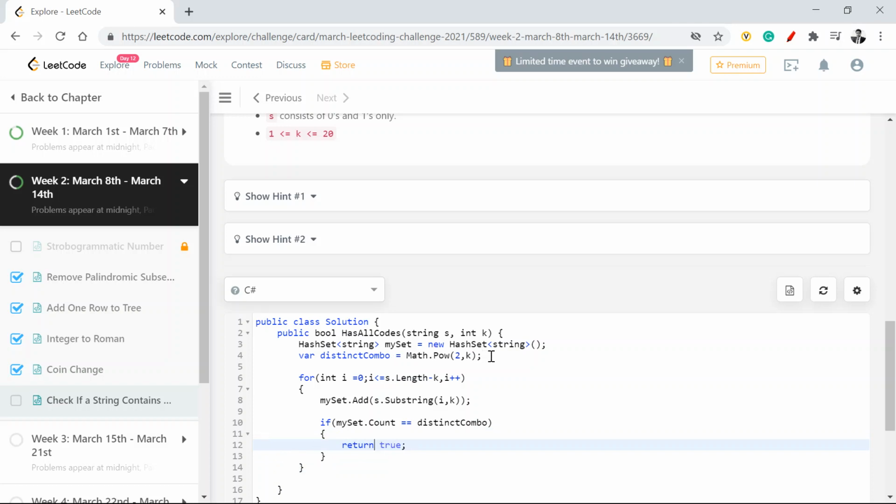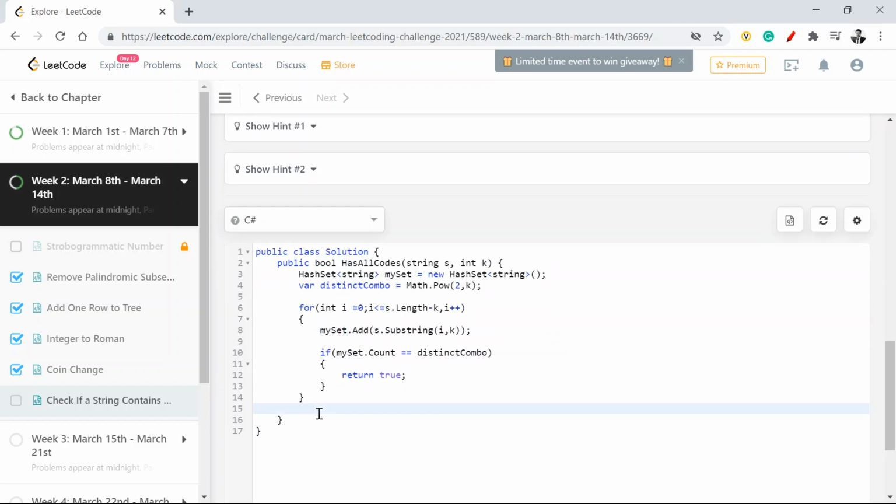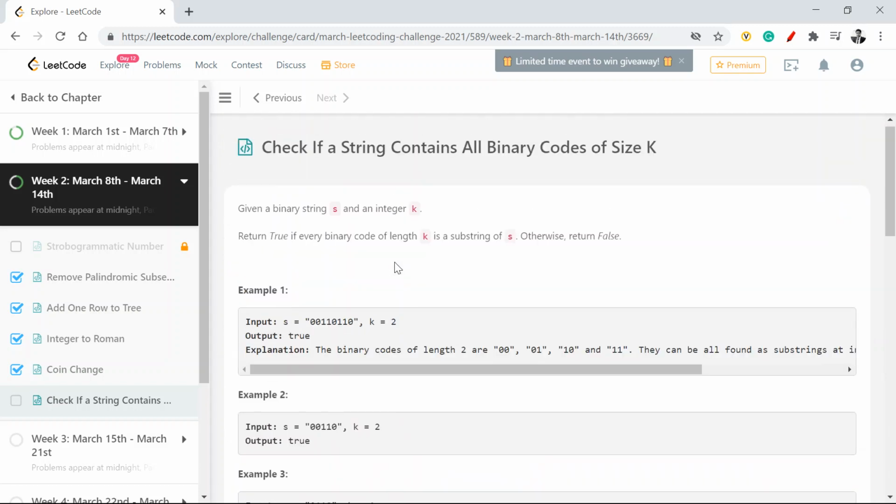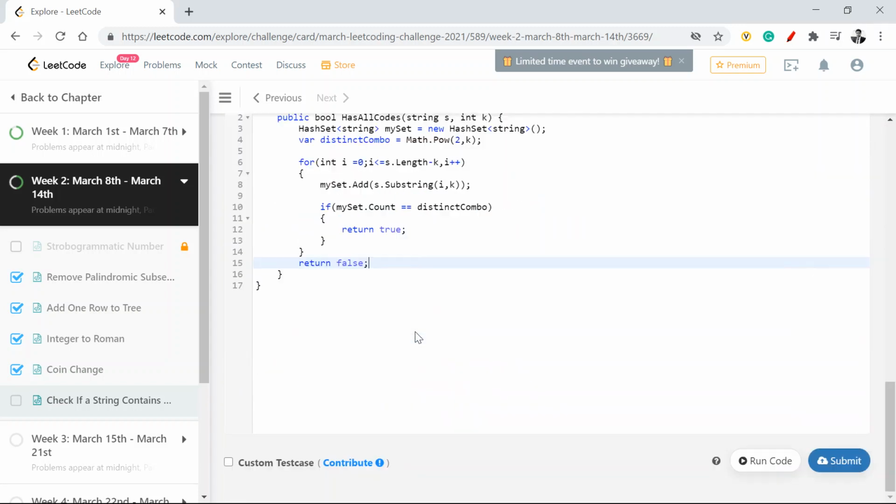The moment I reach the maximum limit in the set, I can safely return true. If I'm not getting it, I can return false. So this is it. We just need to break this problem statement into multiple subsections, and after that the problem becomes fairly easy. It's a substring problem in a way, wherein we need to find all substrings and check whether their count equals the required count.